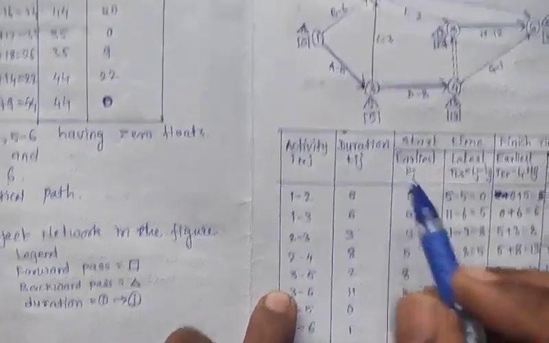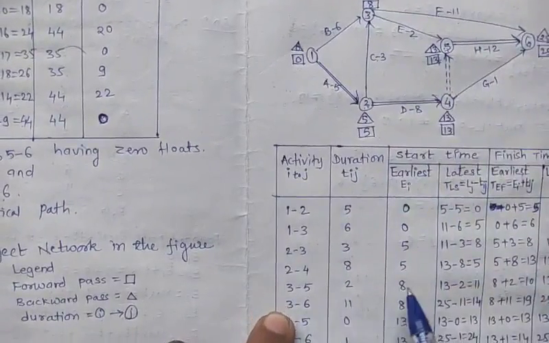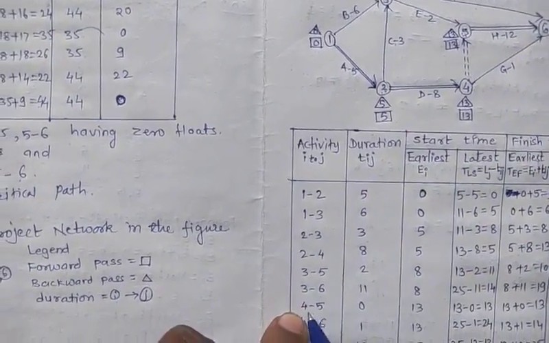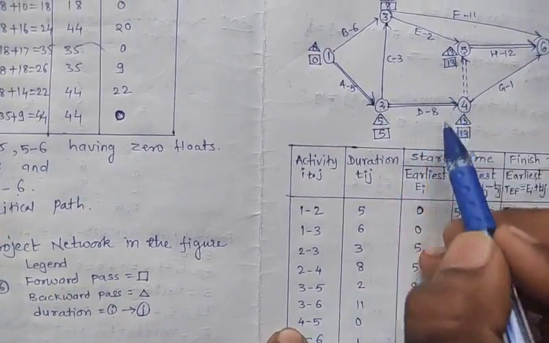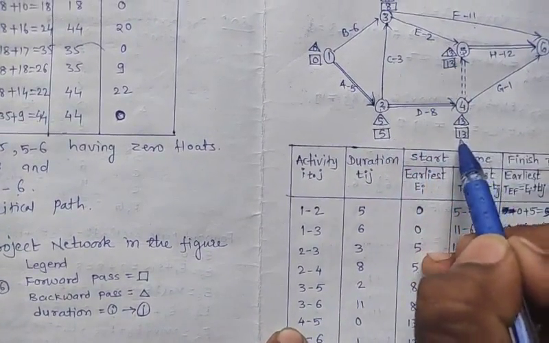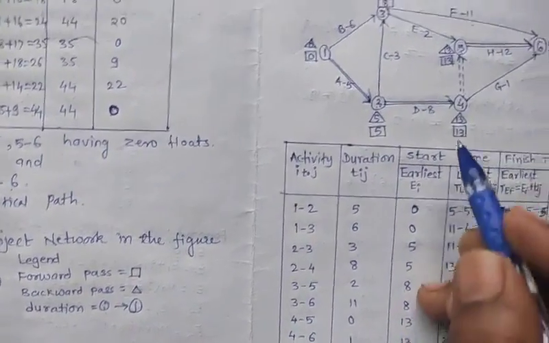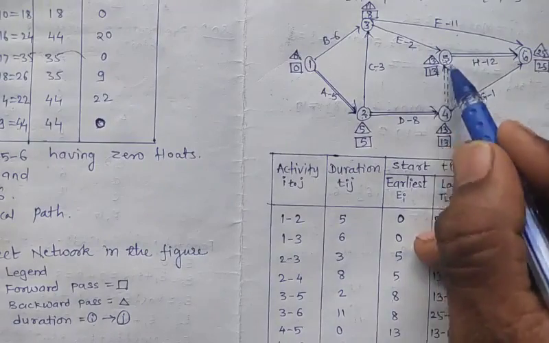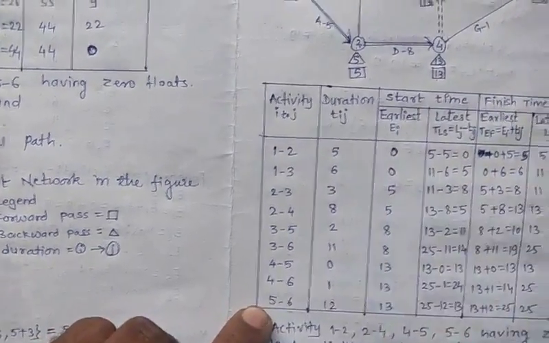E3 is 8, because here this is the value of E3, which is 8. E3 is again 8. Next, E4. Let's see where is 4. So this is 4, so the value of E is 13. So E4 is 13. This is also 13. E5, so this is the fifth event. So the value of E5 is 13. Okay, so this is Ei.